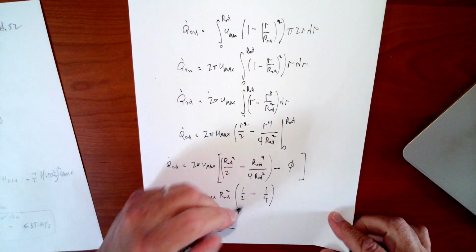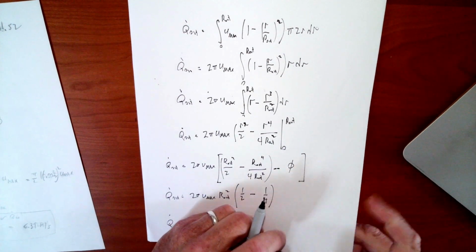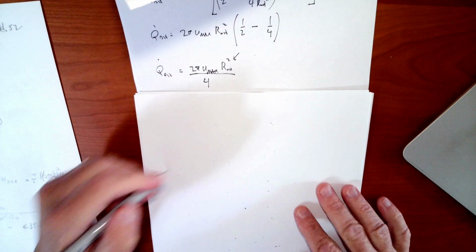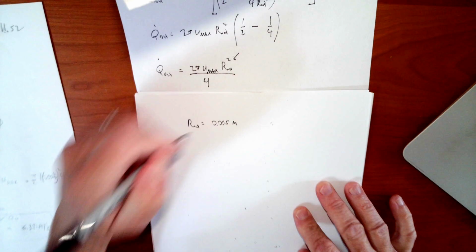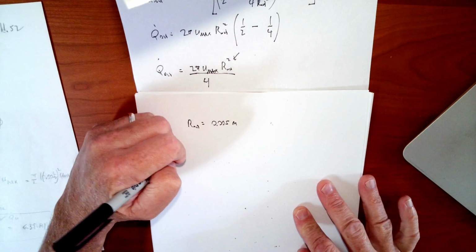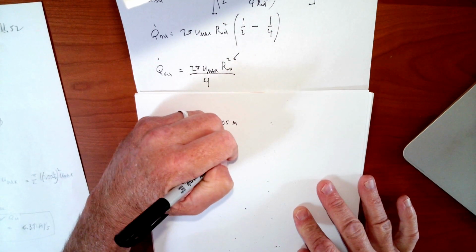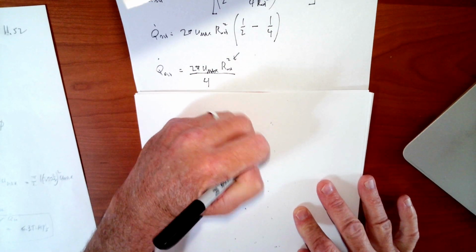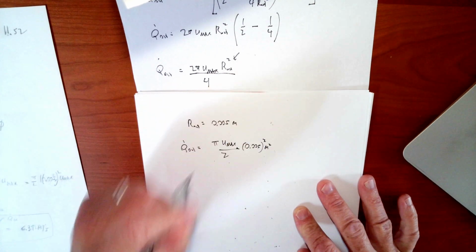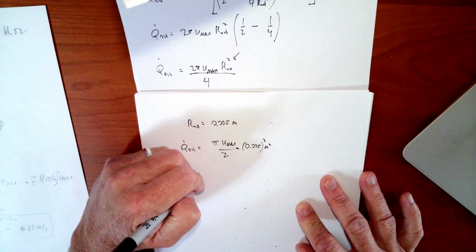And I can plug in my R outer. I know what my R outer is. My R outer is 1/2 of 1 centimeter, so it's going to be 0.005. So put this where you can see it still though. So R out is equal to 0.005 meters. And of course 2 divided by 4 is 1/2. So Q dot out is equal to pi U max divided by 2 times 0.005 squared meters squared. All right, so that gives me Q out is equal to